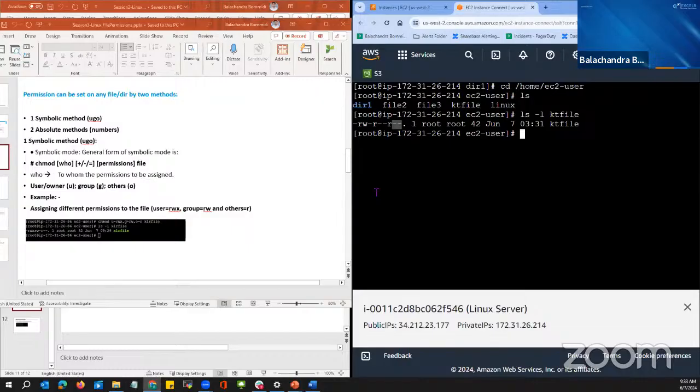So if I want to assign permissions for the kt file using different methods, for example, I want to assign user level equal to read access, write access, and execute access, group level equal to read access and write access, and others level equal to read access. Or else I can give write access as well. So I need to execute the command. Let's see what the command is. The command is chmod,